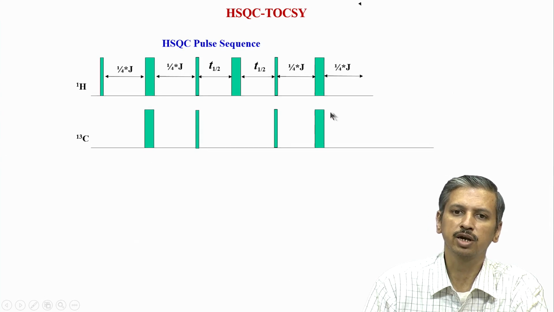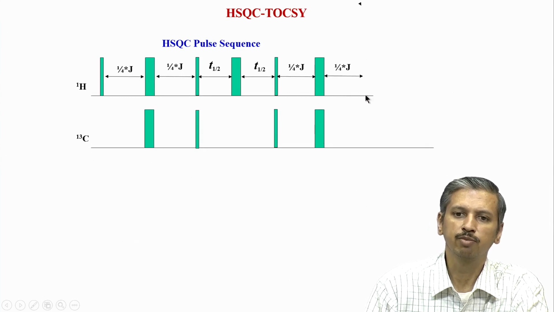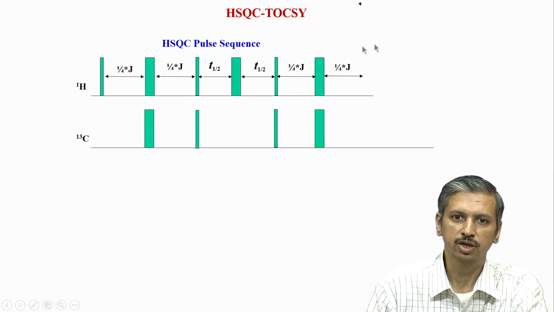Now, we can see here the magnetization at this point will be completely on the hydrogen proton. What we did in the HSQC was we started evolving and detecting this magnetization, and during that period we had decoupling on the carbon present. But in HSQC TOCSY, we want to combine this HSQC with a TOCSY. So, what I need to do now is add a TOCSY part here, and then that becomes an HSQC and a TOCSY.